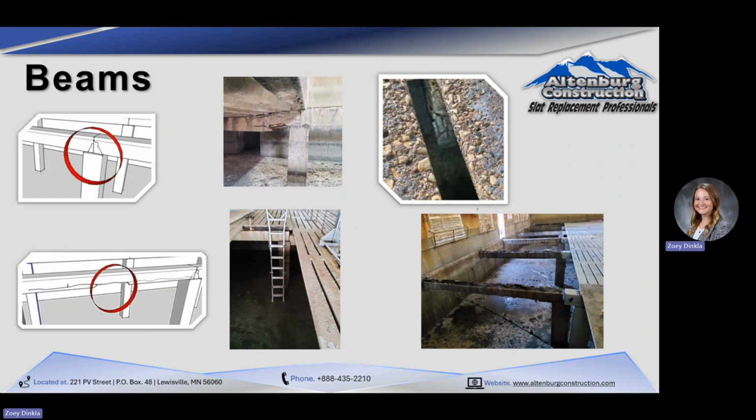Another thing I want to point out here is, I said earlier, it's all about the quality of the manufacturing, the slat and beam, and also the install. They both are equally important. So this picture here, great quality beam, terrible install. We want that 50-50. This beam's sitting about 90% of its face on the column, and this one over here is 10. It doesn't matter how well the beam was manufactured, it's going to fail